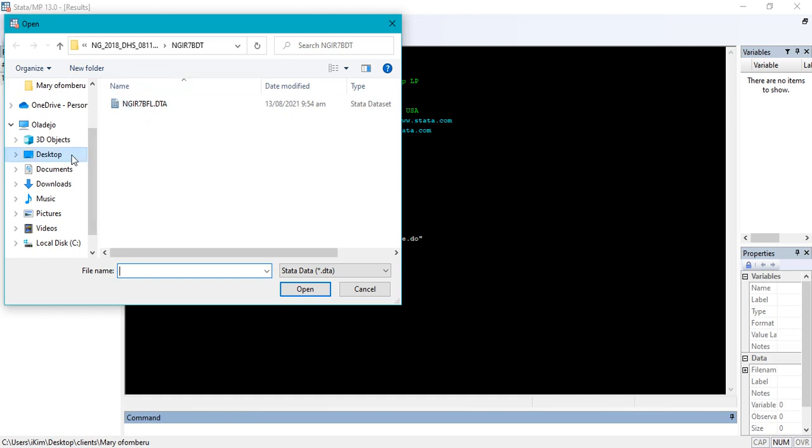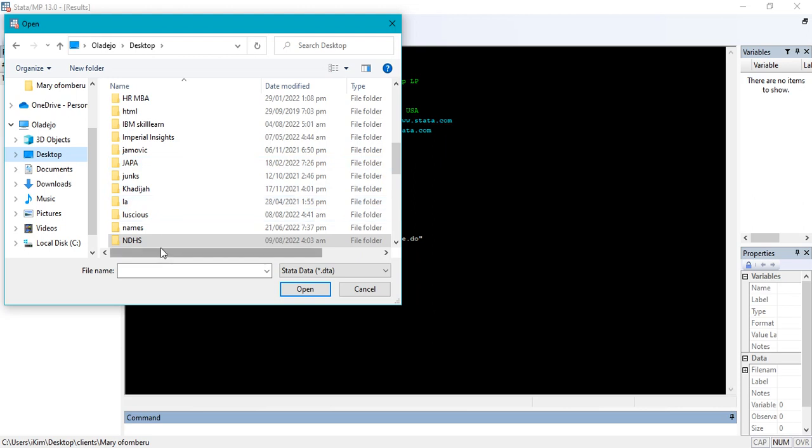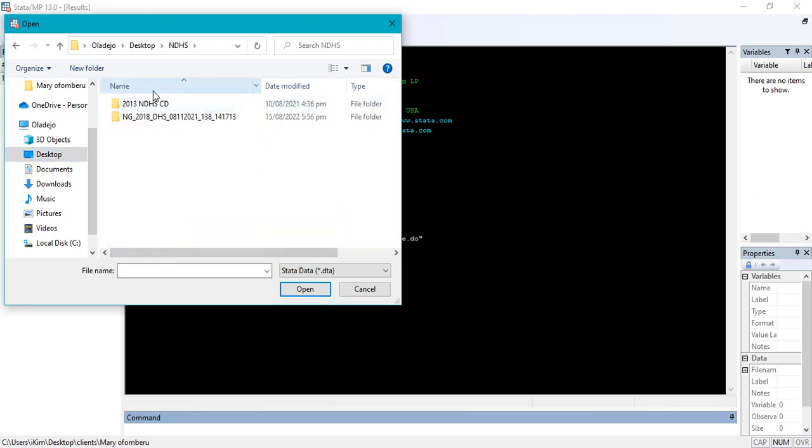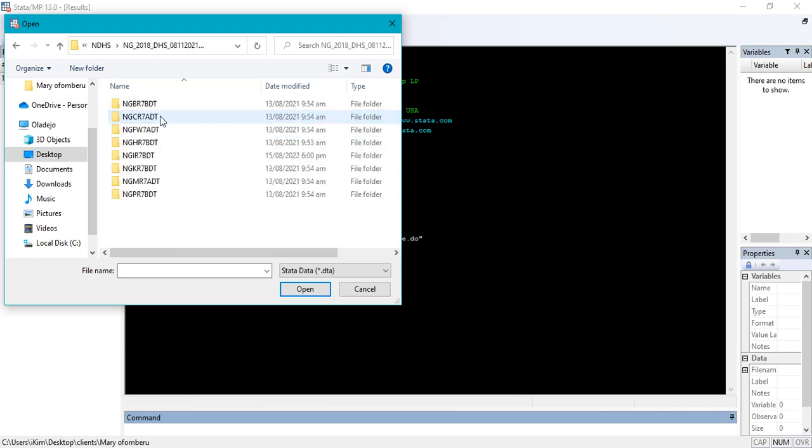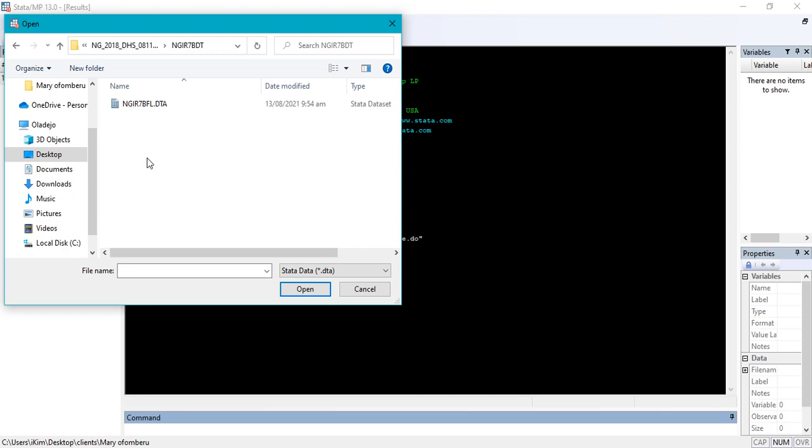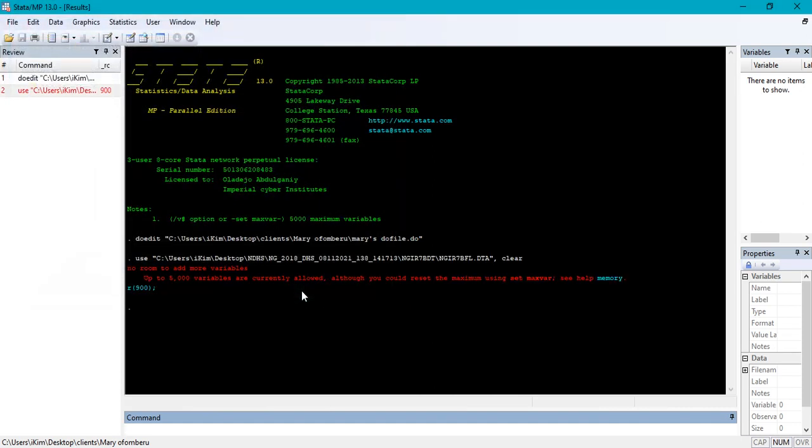So you look for your data on the system, on the desktop or wherever you've saved it, just like what you downloaded. You can see this is my own. This is for 2013. This is for 2018. Other versions are still in another folder, but we are here for 2018, and it is actually the individual recode, the one you downloaded. So here's the data in a DTA format. So once you click on open, there's an error here